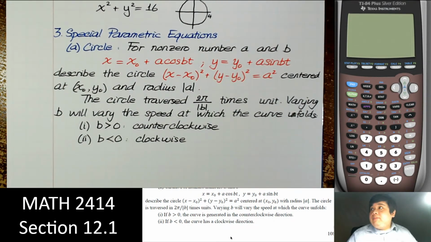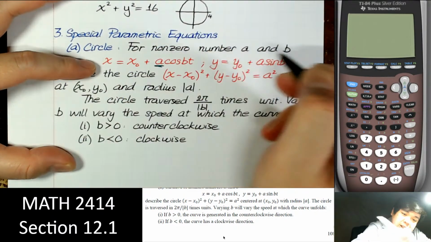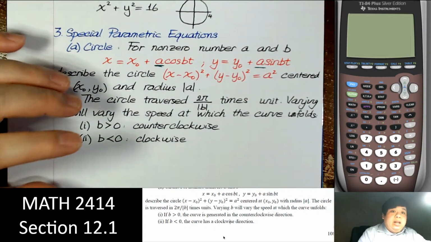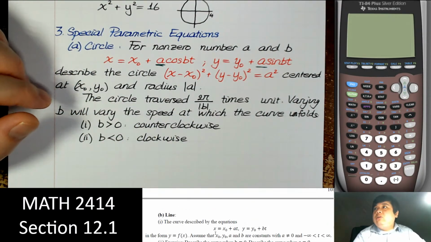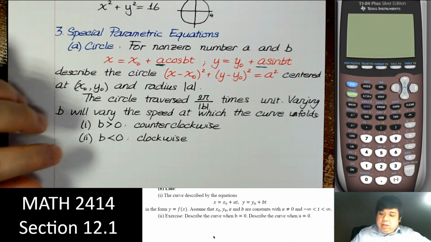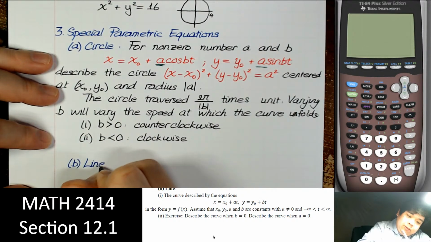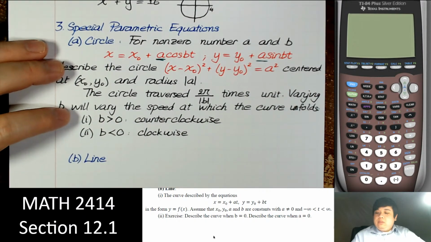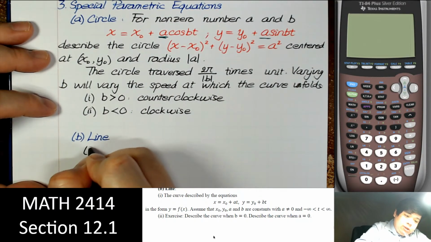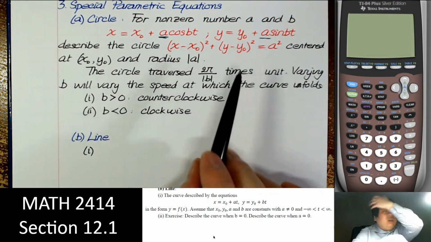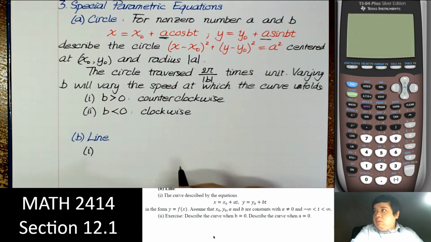So that's the circle. By the way, for the circle, we have this and this, the same number. If we don't have the same numbers here, we will have an ellipse instead of a circle. So this is how we get into a circle. Now if we want a line,